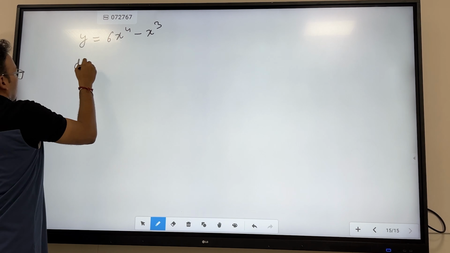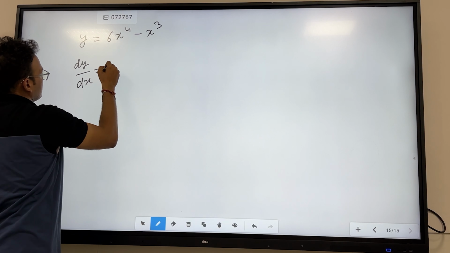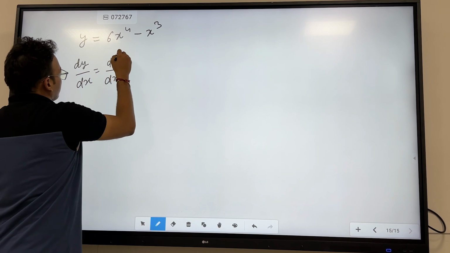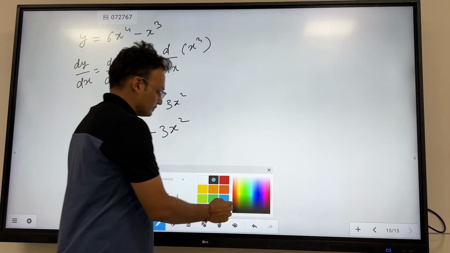So can I say dy over dx will be d over dx of 6x raised to the power 4 minus d over dx of x cubed, and this will be equal to 6 times 4 times x raised to the power 3 minus 3x squared. I hope this is clear to you students, right? Similarly,